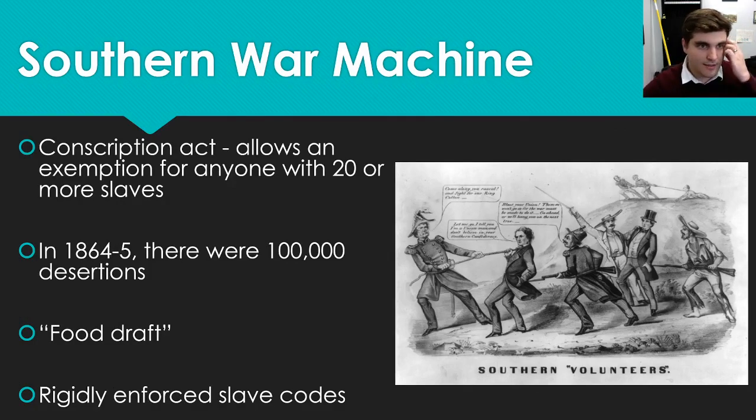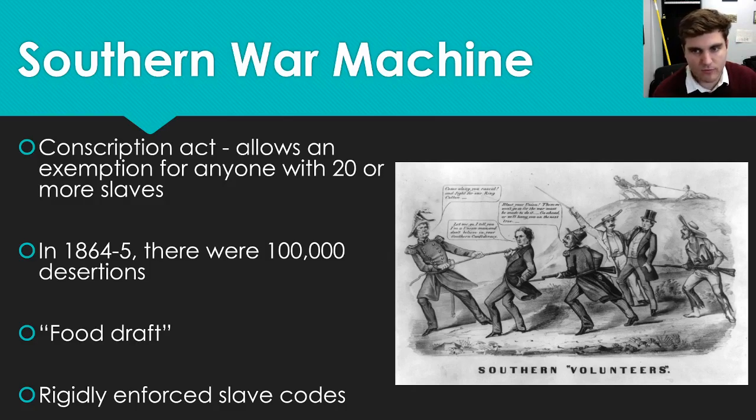and to counteract this, you have the Southern Conscription Act, which allows an exemption to anyone with 20 or more slaves, which was incredibly controversial because it basically reinforces this Southern aristocracy. And between 1864 and 1865, there were about 100,000 desertions. So even though Southern morale was very high in the beginning, the longer drawn out the war becomes, the less Southerners are willing to fight it,